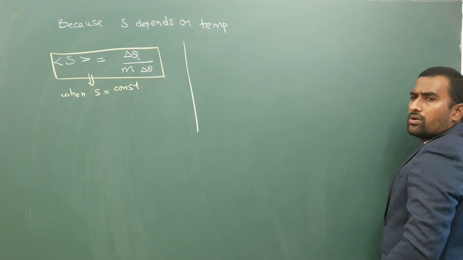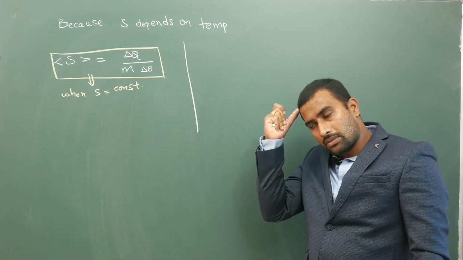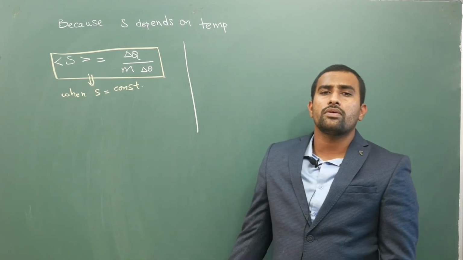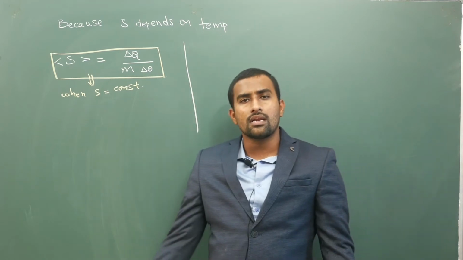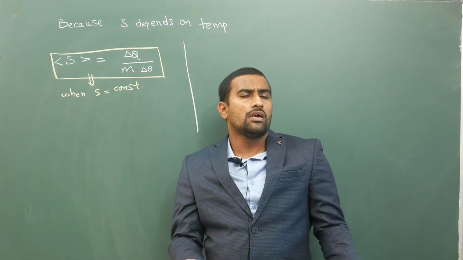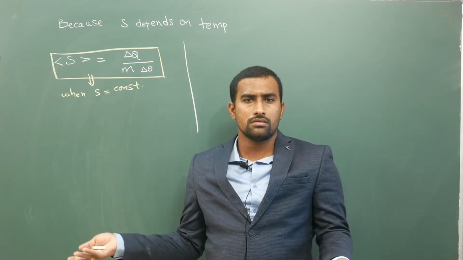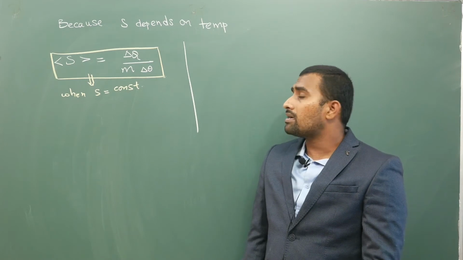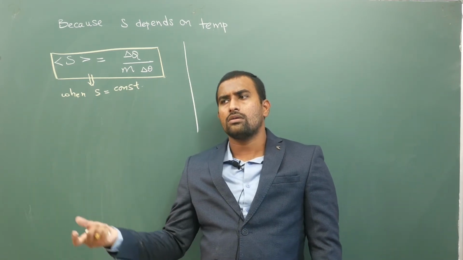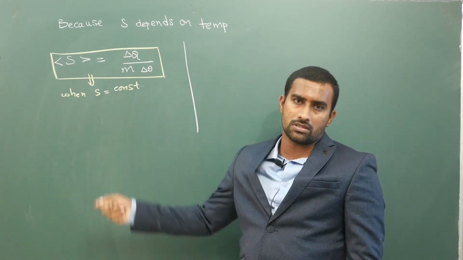Usually it will be in terms of tens of degrees centigrade. For example, previously I have given water. For water I have given specific heat of water as 1 calorie per gram degree centigrade. That value is valid from around 10 to 90 or 100 degrees centigrade. That's all, 0 to 100, and we will entirely take 1. But if you go beyond 100 or 200, such bigger values, this term will not be constant.